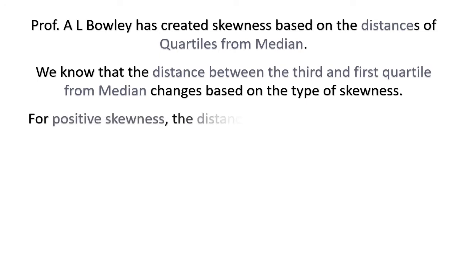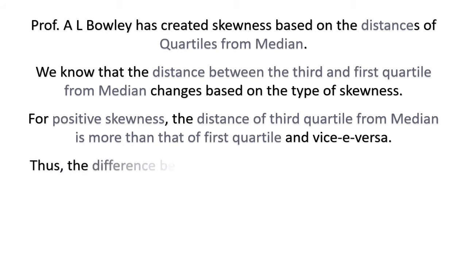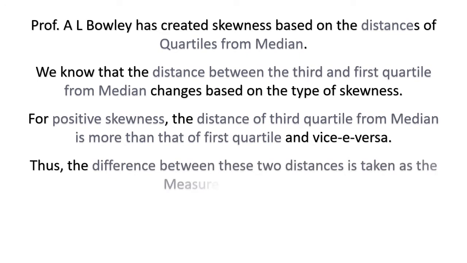For positive skewness, the distance of the third quartile from the median is more than that of the first quartile, and vice versa. That is, for negative skewness, the distance of the third quartile from the median is less than the distance of the first quartile from the median. If we apply this formula, the difference between these two distances is taken as the measure